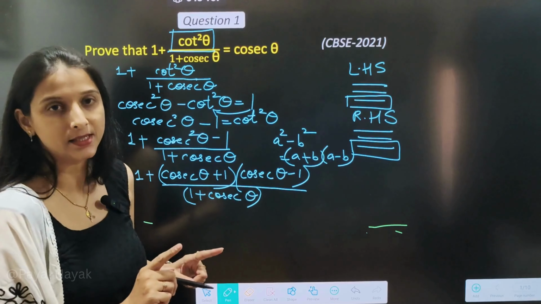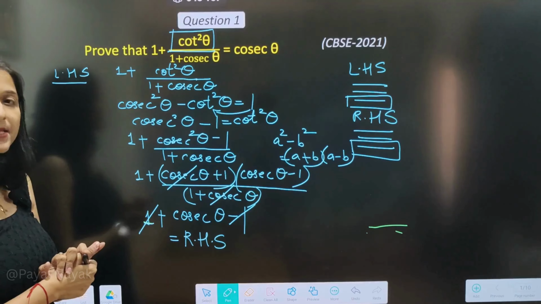So this is how you can solve the sum by looking at or by interpreting the given RHS, and this helps you to identify or to think how to proceed with the given sum. Okay, I hope the sum is clear to you. Now let us move on to the second question.